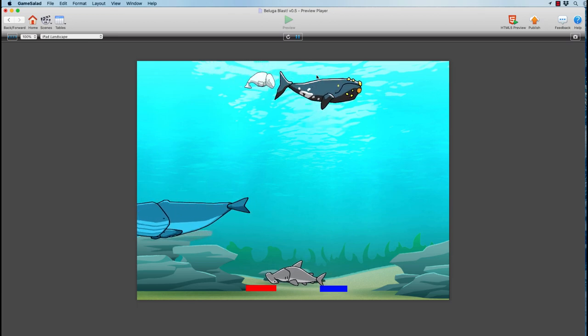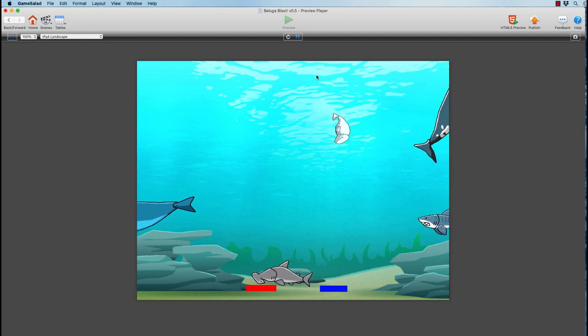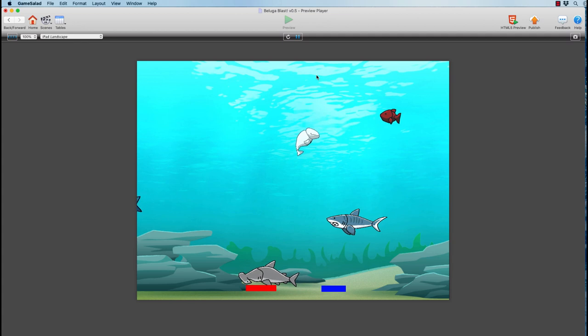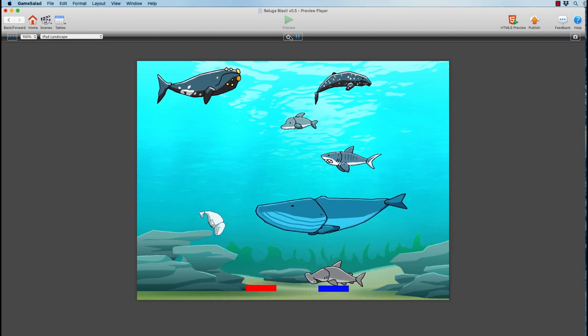runs into one of these guys, that it will bounce. So let's see. Yeah, I can't do it right now. So I wish I could get one of these, but we just don't have enough. We don't have enough whales. But let's see if I can do a restart really quickly here and cause the blue whale to do this.